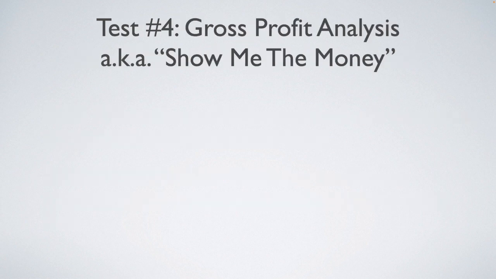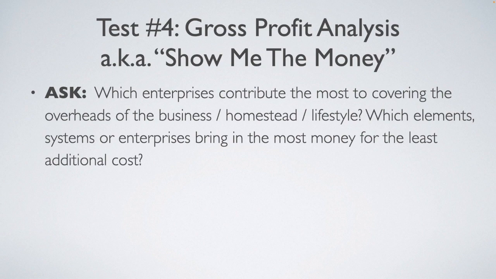Okay, test number 4, gross profit analysis, aka show me the money. Gross profit analysis test is used to select those enterprises that, after all the associated costs and risks have been factored in, produce the most income. The income from these enterprises has to cover overhead costs and then some in order for there to be profit, and a healthy homestead has to be profitable. So for this test, you want to ask yourself which enterprises contribute the most to covering the overheads of the business, homestead, or lifestyle,